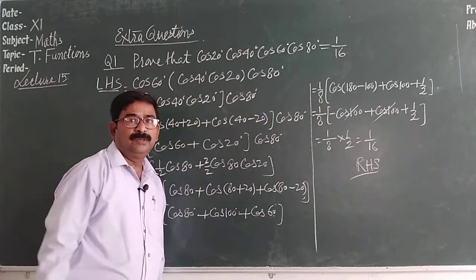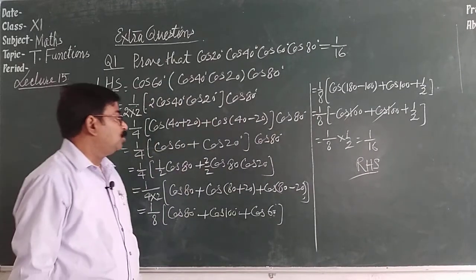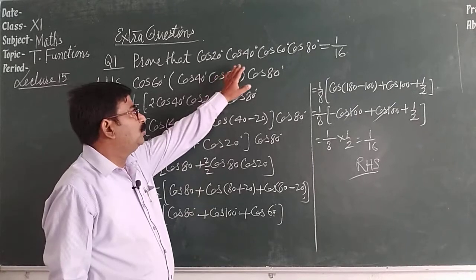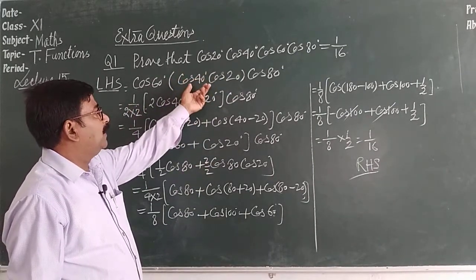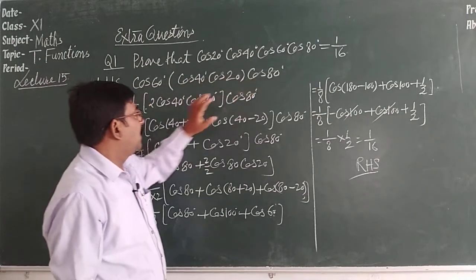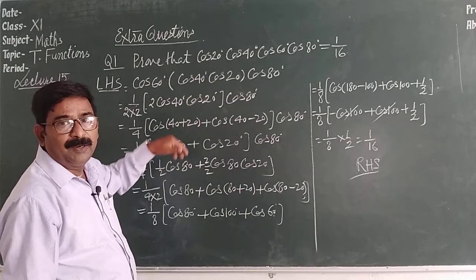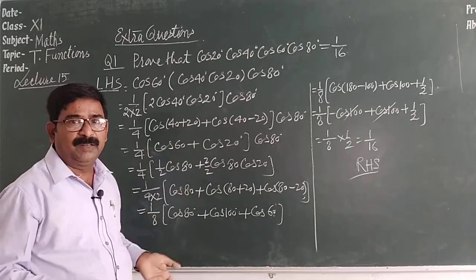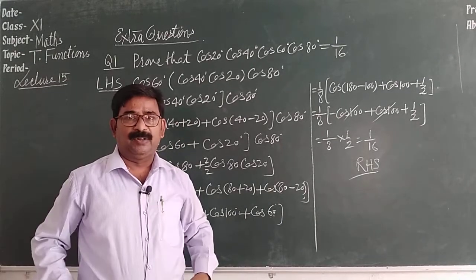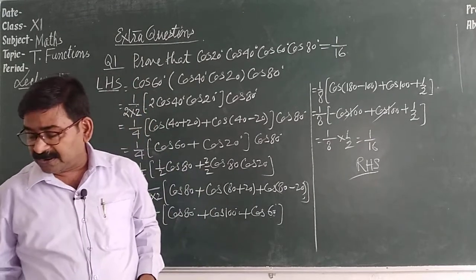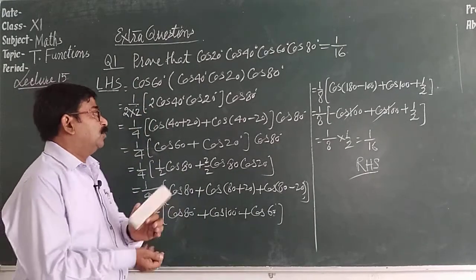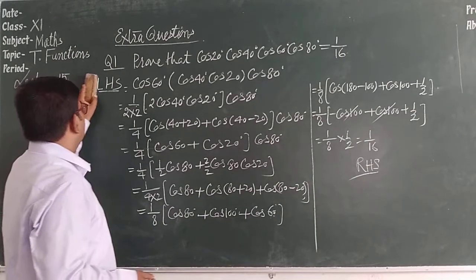Got the question? So you have to see the known value should be kept first, and after that the remaining two can be taken together and one outside, multiply it by 2 and divide it by 2 and apply the formula. This can be given in sine also, sine 20, sine 30, sine 40, sine 60 and sine 80 degree. So you should practice all these questions from a sideboard. Let's see one more question.